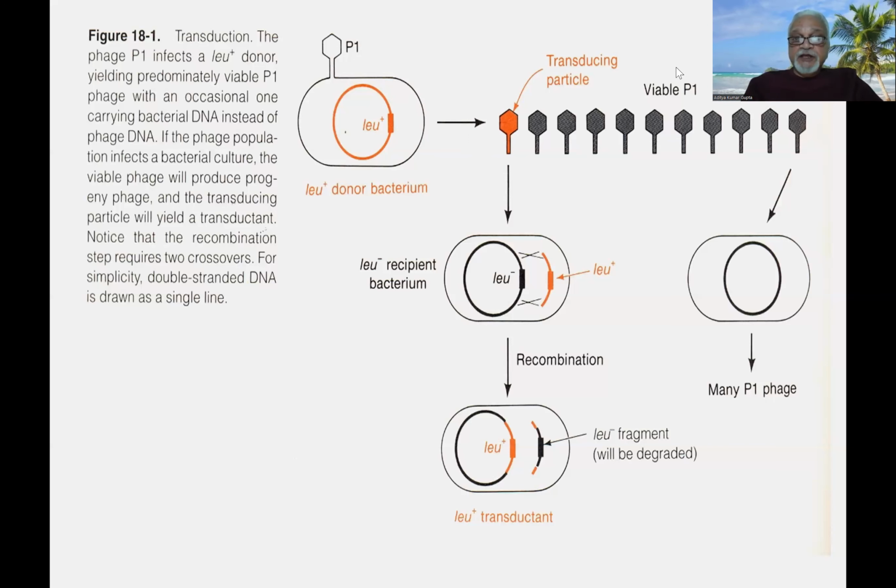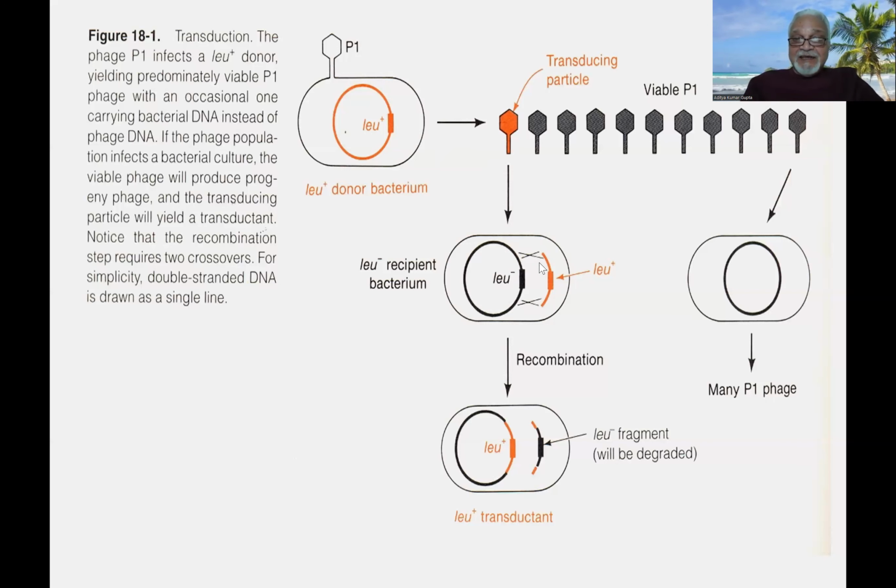So when these progeny phages are released, the majority of them would be normal phages, which will infect another cell, and some would have, instead of phage DNA, the host chromosomal DNA. And if this happens to be from the region having a Lu plus gene, and it infects another cell which is Lu minus, here the recipient, and when this DNA is released into the